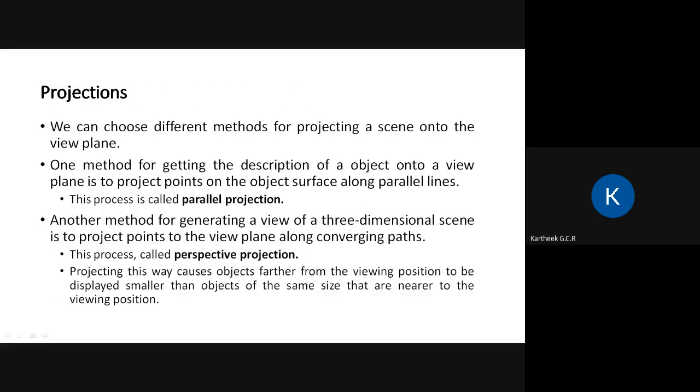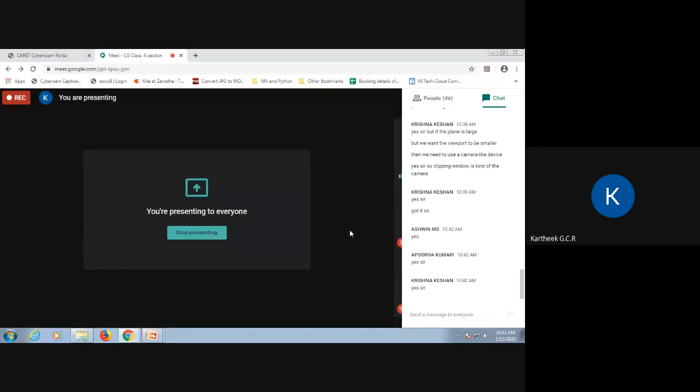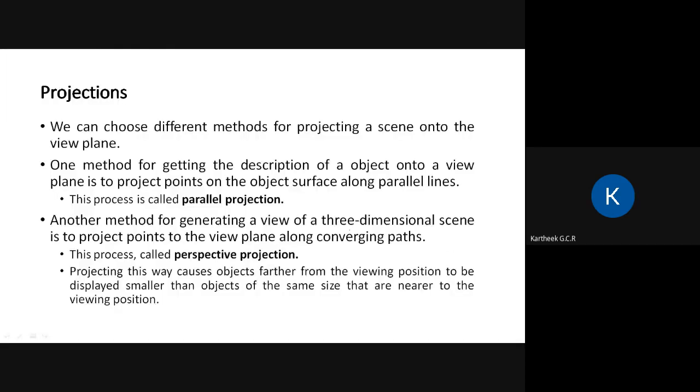So now, you see, camera is not just the thing that we can play with in computer graphics. We also can play with something called projections. So we can decide in what way we project the scene onto the viewing plane, right? Now, I have a square.